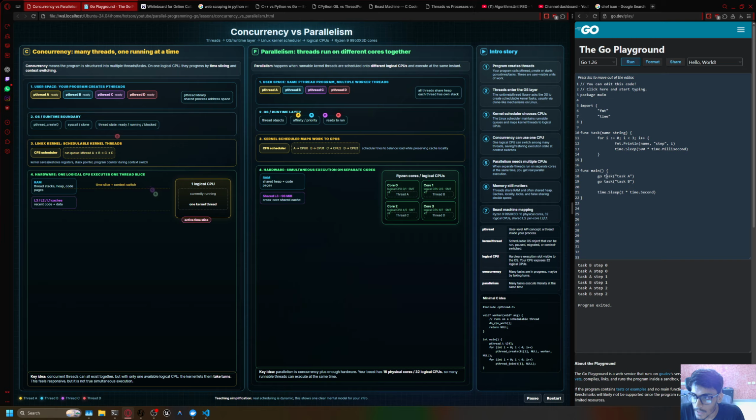Now let's see what the task definition is. The task takes a name, a string value, and it just sleeps 3 times for 500 milliseconds, like 0.5 second. Now to hold off my main thread, I'm telling my main thread to sleep for 2 seconds, so that within those 2 seconds these Go routines will complete their execution. Now if I run this,